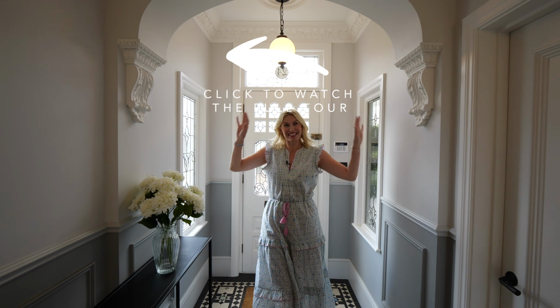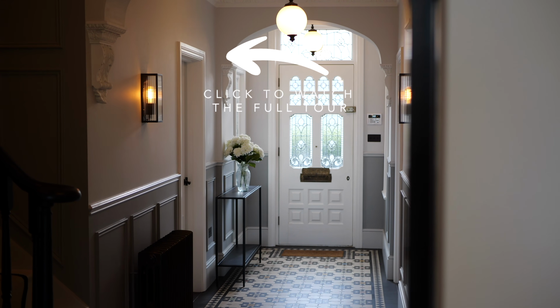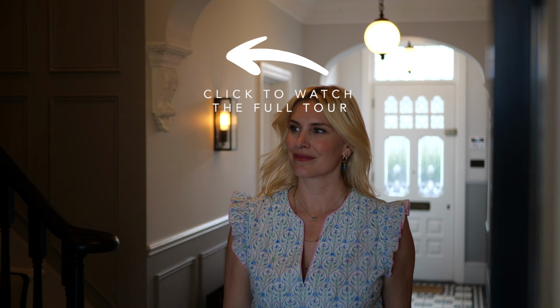Starting with the hallway, it did not look like this when we moved in. The original owners stripped all of the Edwardian features away. We wanted to put them back in and reinstate the original authenticity of